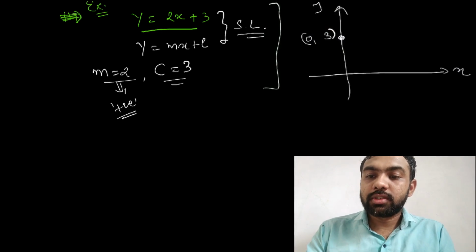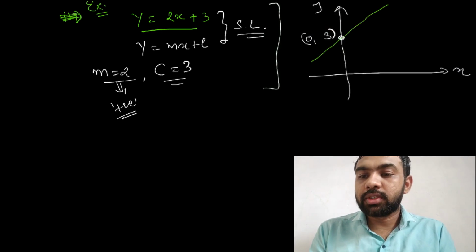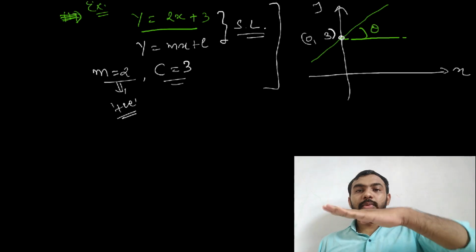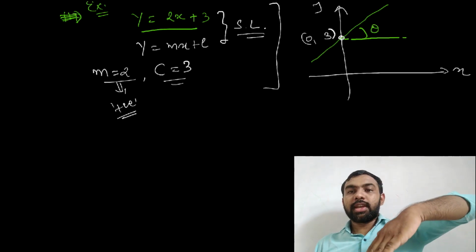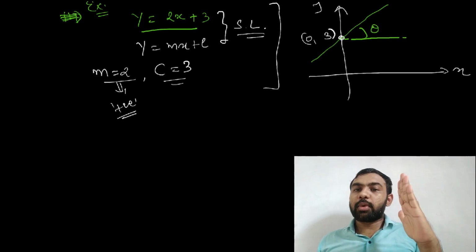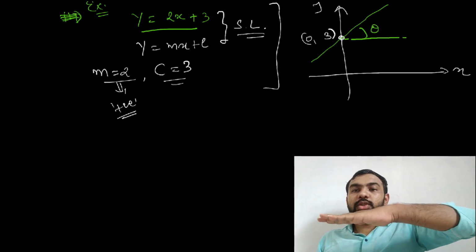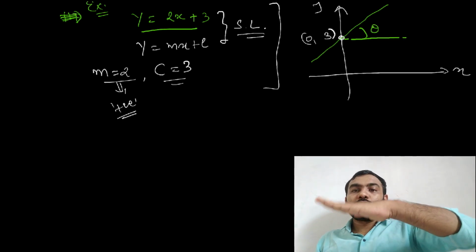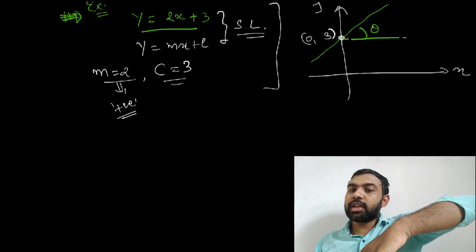Positive means the angle theta with the horizontal is positive. This angle is positive and this angle is negative. Okay, means आप डाउन जा रहे हैं तो नेगेटिव है, अप जा रहे हैं तो पॉजिटिव है. ऐसा ही आपको याद रखना है. ठीक है. तो m हॉरिजॉन्टल लाइन है, स्लोप नहीं है, इंक्रीज हो रहा है, डिक्रीज हो रहा है. ठीक है. So positive slope, negative slope for the given line.